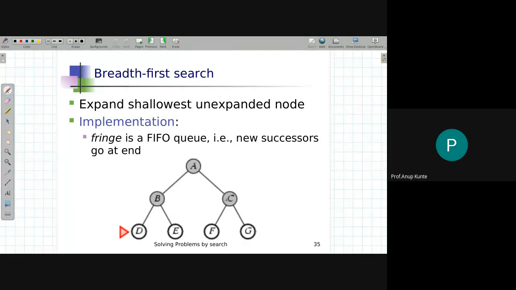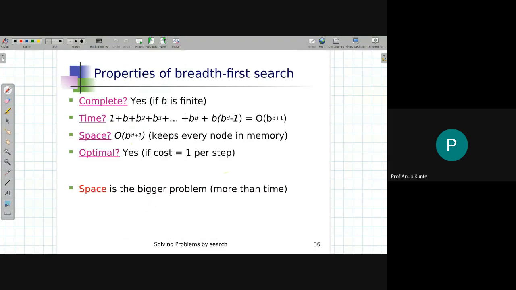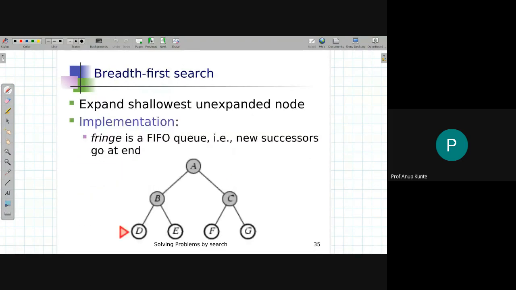After looking at C, what you will do is add F and G into your fringe list. So your fringe list is now the four nodes D, E, F and G. D will be taken out, and later on E will be taken out. They have not continued it further, but you can imagine. And since for this particular problem there are no child nodes of D, I'm not adding anything to my queue. So ultimately my queue first had one node, then some nodes were added.